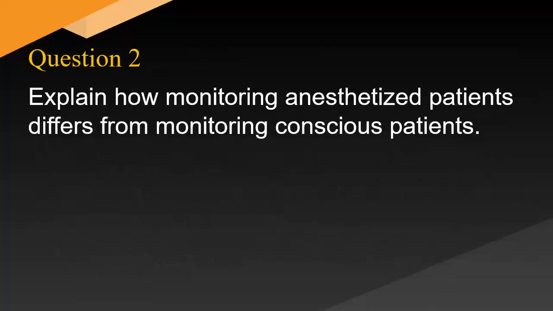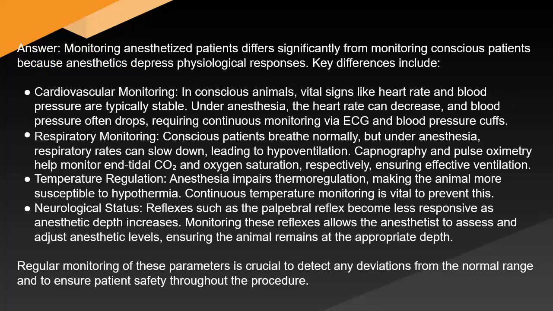Explain how monitoring anesthetized patients differs from monitoring conscious patients. Answer. Monitoring anesthetized patients differs significantly from monitoring conscious patients because anesthetics depress physiological responses. Key differences include cardiovascular monitoring. In conscious animals, vital signs like heart rate and blood pressure are typically stable. Under anesthesia, the heart rate can decrease and blood pressure often drops, requiring continuous monitoring via ECG and blood pressure